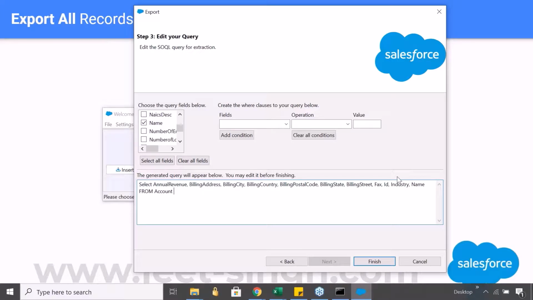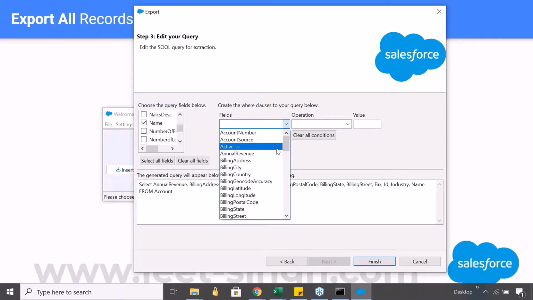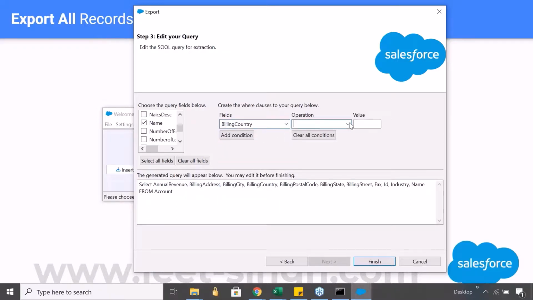Now in case there is a criteria that you want to define, you can put the criteria here. So all the records where billing country equals USA. Now just putting this here will not put the condition in the query. You'll have to add the condition here.